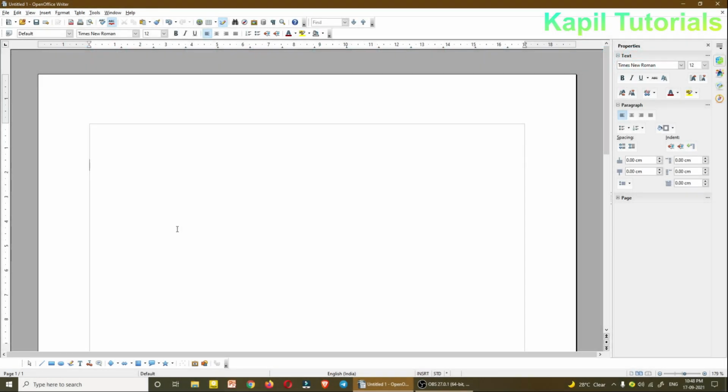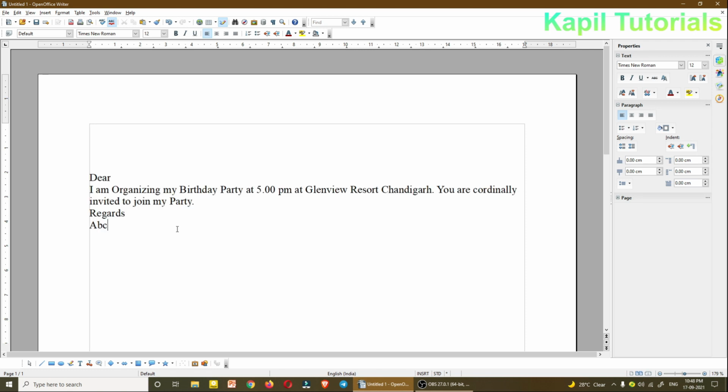After the brief explanation of mail merge, now I'll explain practically how to merge the main document and data source. Firstly, just to save time, I'll paste the main document. The main document is the matter which I have to write for each person to whom I want to send the personalized letters. So this is the main document. This will be same for each and every person. Now to start the process,